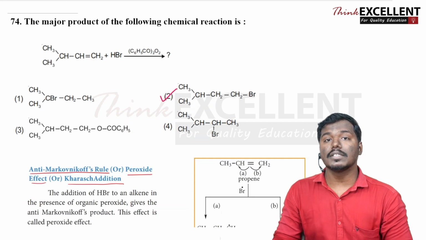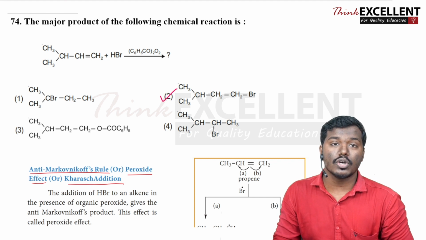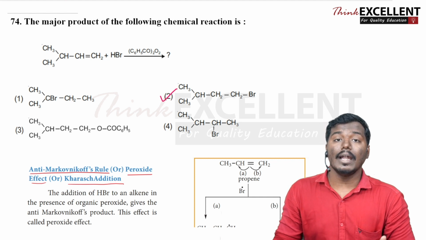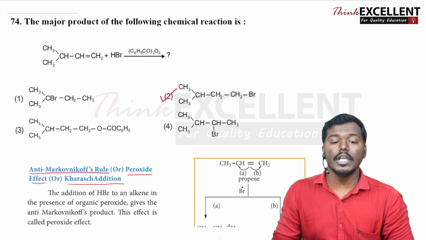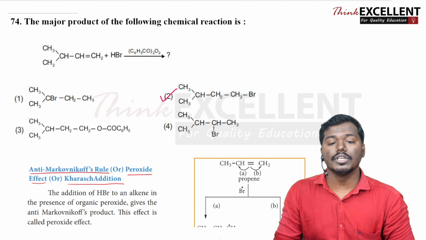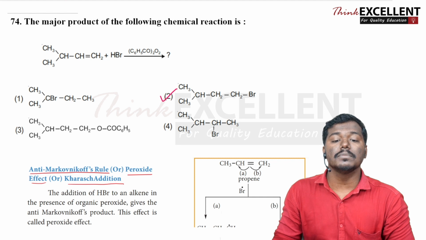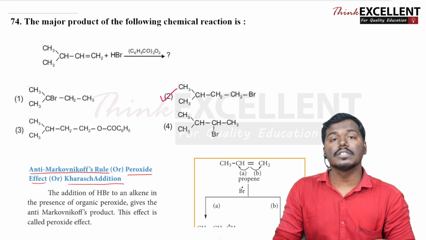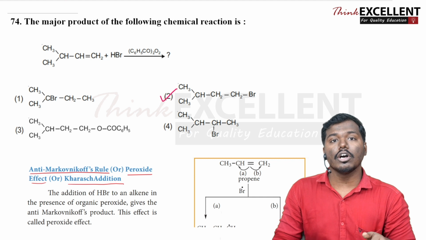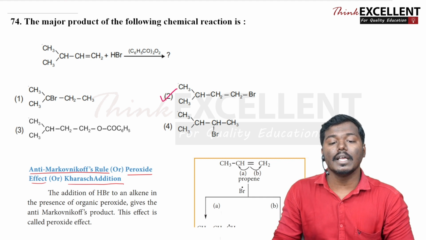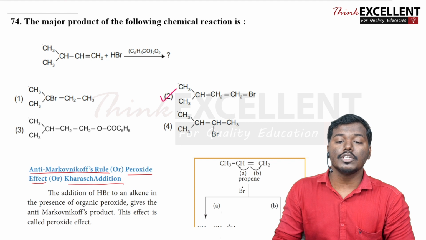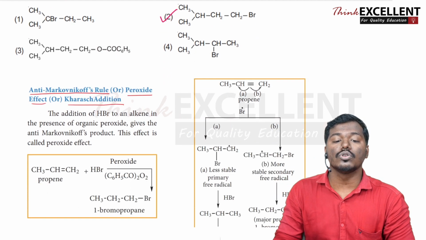You can see that it is asked based on the hydrocarbons lesson. So adula vandu namma Markovnikov's rule, anti-Markovnikov's rule abdin padichirkom. So inga oru alkene koduthirukkanga. So the major product of the following reaction is, so this alkene it is reacting with HBr in presence of this benzoyl peroxide. Enna product form pannanum kettirukkanga. So here if they are not giving this benzoyl peroxide, adhu enna follow pannirukkom, Markovnikov's rule follow pannirukkom. But here you can see that they have given the benzoyl peroxide. So appa HBr anti Markovnikov's rule follow pannum.